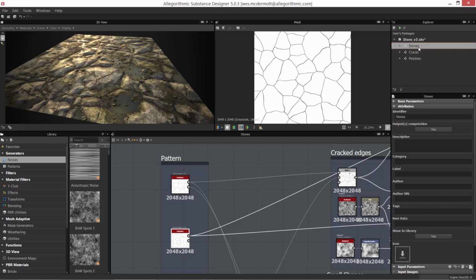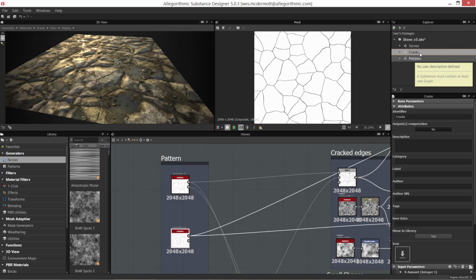So what I'll do is select the graph. This is going to be my main material, and it depends on your workflow; you could have more than one main material if you want. If you have the graph selected and you come over here to your attributes, there is a setting called output computation. By default, every graph you create has the output computation set to true, or yes. Now, if you have a graph that you don't want to output, such as cracks and pebbles, which are just helper graphs that help me composite or create this stones material,